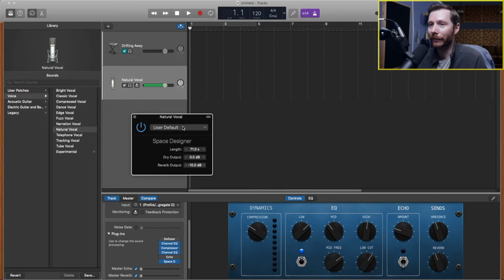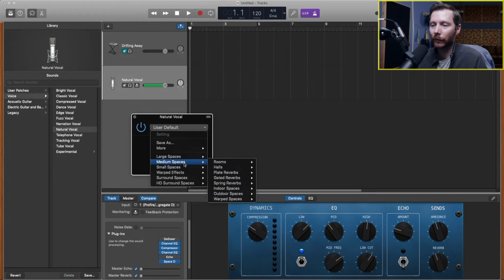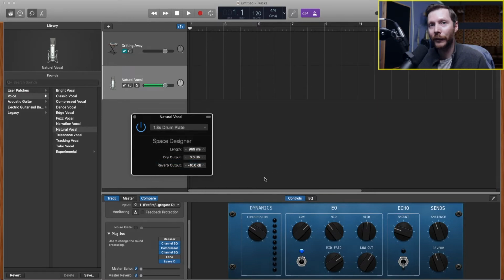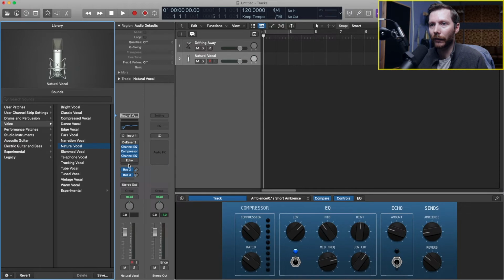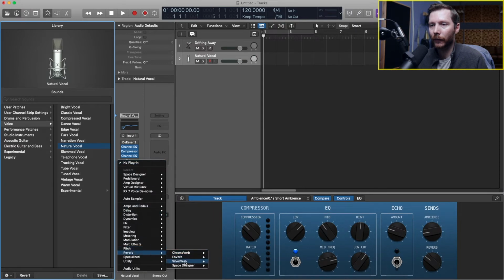We do, however, have a lot of the same presets. So if you do have presets that you like in Logic Pro, you can usually find the same one in GarageBand as well. Now, if we go to Logic, on the other hand, and let's load the same Space Designer